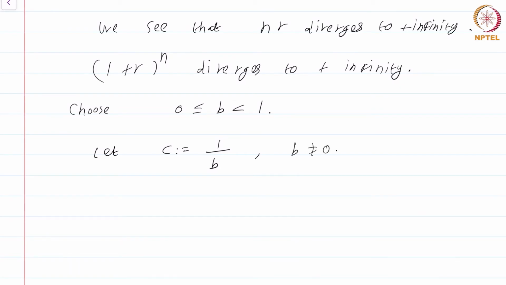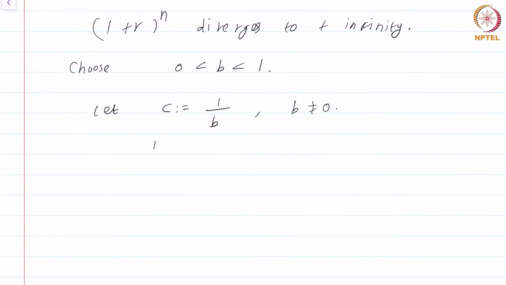Again, the case b equal to 0 is really trivial. There's nothing really to show. I will just take 0 less than b less than 1. So take c to be 1 by b. Now what happens? 1 by b power n, or in other words, c power n diverges to plus infinity. Why? Because c is greater than 1. And that's the case we immediately just saw. Okay. Because c power n diverges to plus infinity and c power n is 1 by b power n, this means that